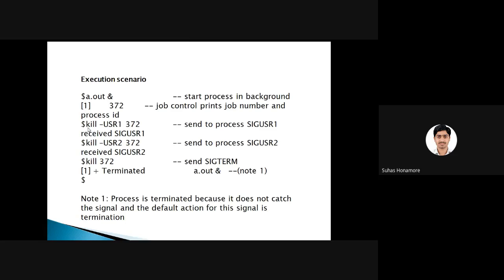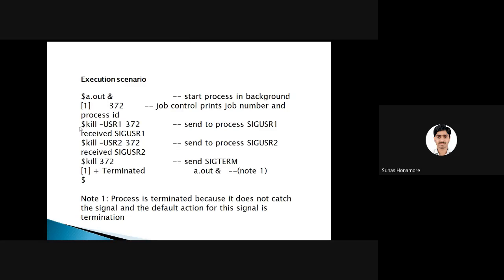Now from the command prompt we are giving kill -user1 for this process. So we are giving the signal, that is the user one signal. This kill is the actual system call here, you can consider it as a command also.